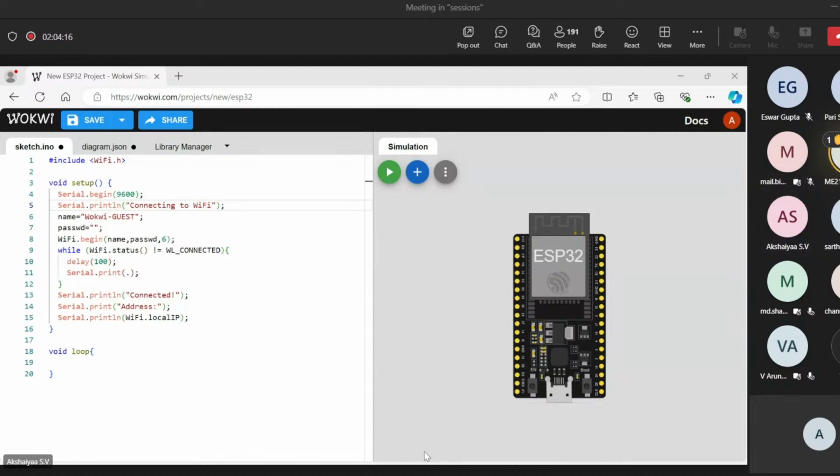Okay. Yeah. So any other doubts, people? Anything else? Any clarifications? Oh, you want me to repeat the whole code once more, is it? Pari? One minute.